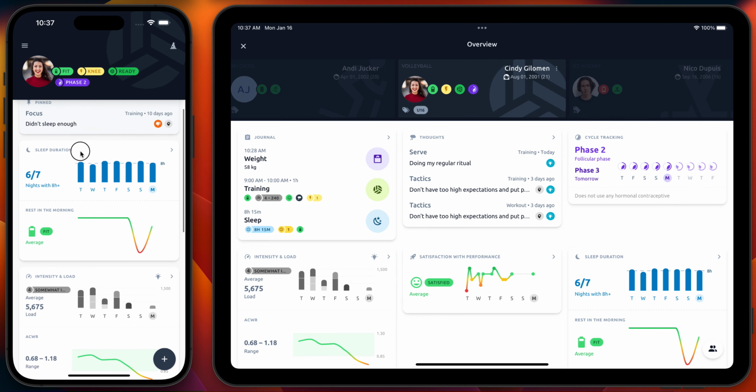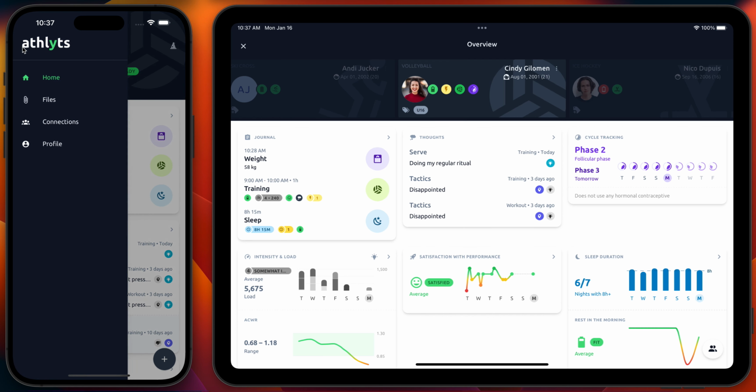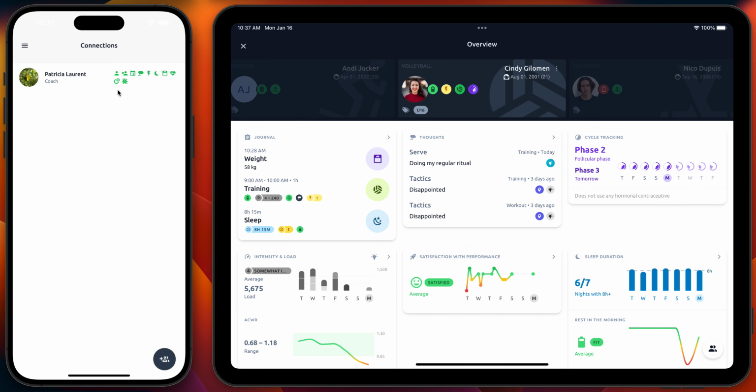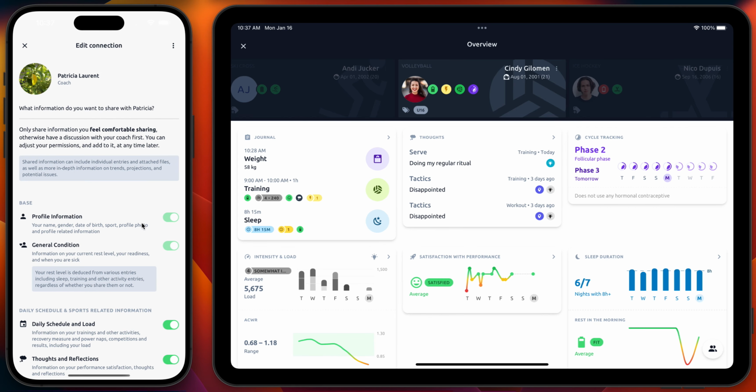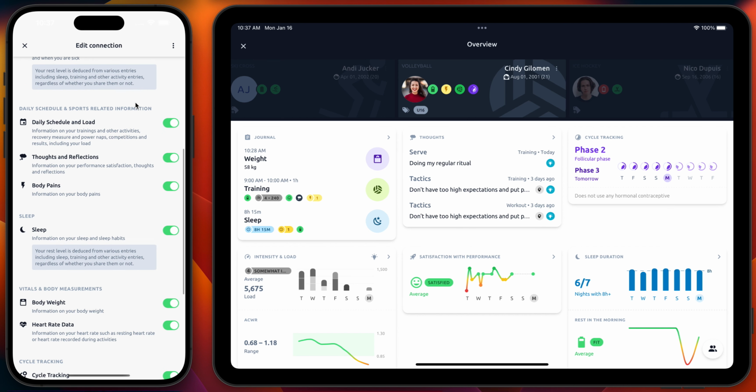On the athlete side, one thing I now mentioned several times is sharing data with your coach. And that's a key aspect of athletes, that the data is owned by the athlete and the athlete can decide whoever should be able to access that data in a granular manner. So it's split into the different categories, logical categories like, for example, the daily schedule and load.